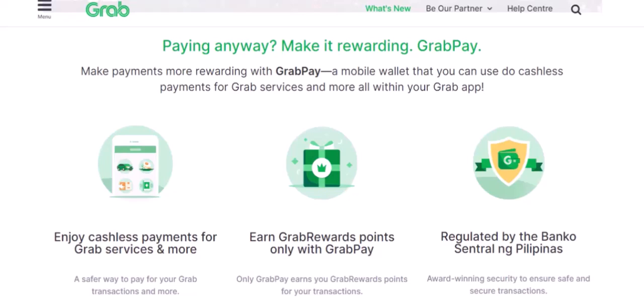By following the steps outlined in this video, you'll be able to top up your GrabPay wallet and enjoy the